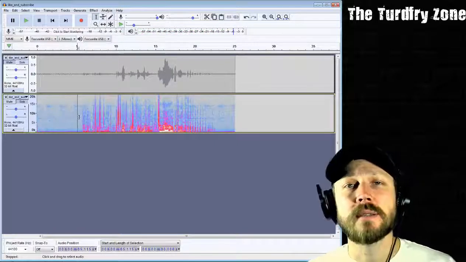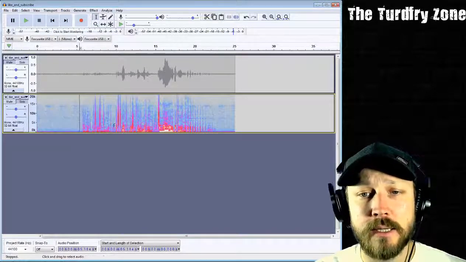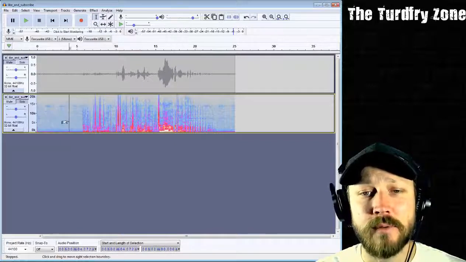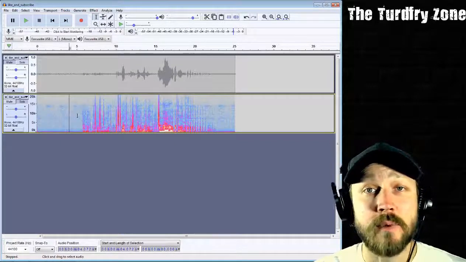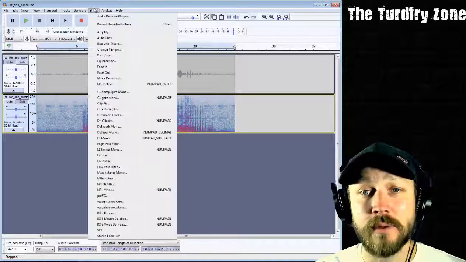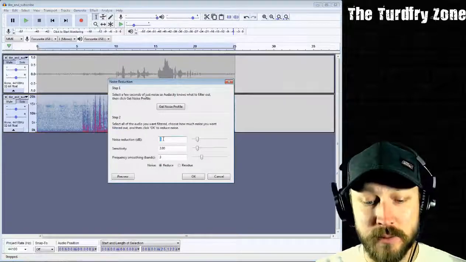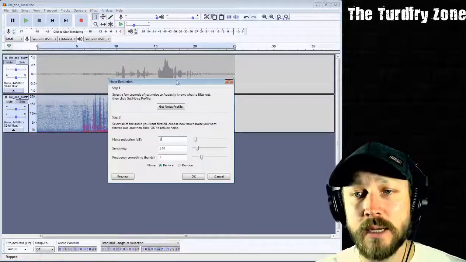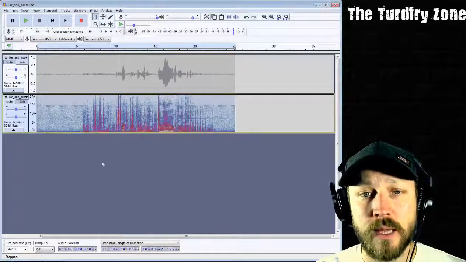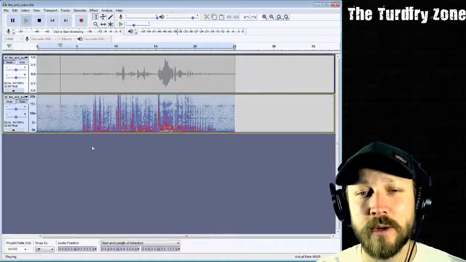Okay, so the voice still sounds pretty good. But I did notice the little breath may have been affected a little bit by that, but that's okay for now. We can always get rid of the breaths afterwards if we really wanted to. I actually want to go a little bit further here. Let's go back in here and reduce it by another 3 decibels. So about 9 decibels in total. Let's see how this sounds. Okay, that's more bearable.